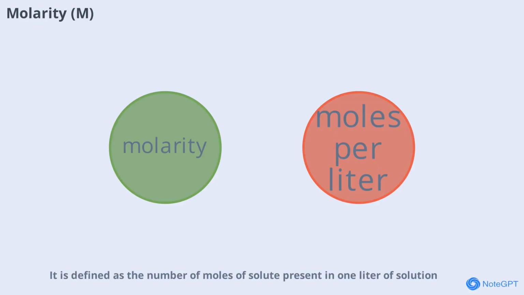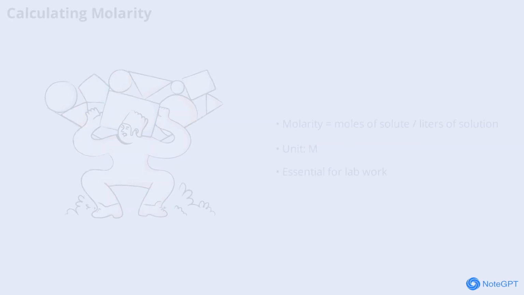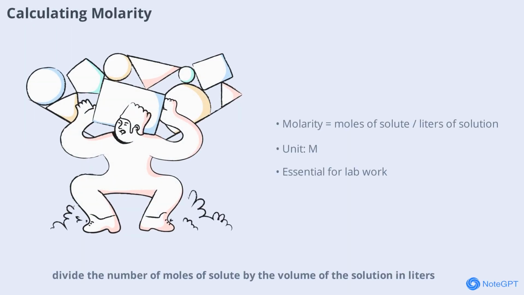It is defined as the number of moles of solute present in 1 liter of solution. The unit for molarity is moles per liter, often written as M. This method is especially useful in titrations, chemical reactions, and when preparing standard solutions in the laboratory. To calculate molarity, divide the number of moles of solute by the volume of the solution in liters. For example, if you dissolve 1 mole of sodium chloride in enough water to make 1 liter of solution, the